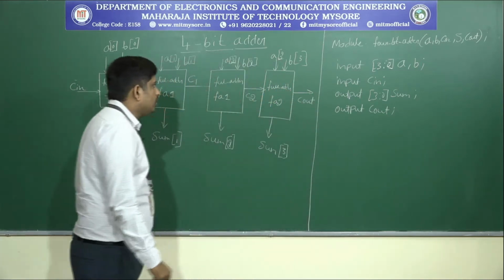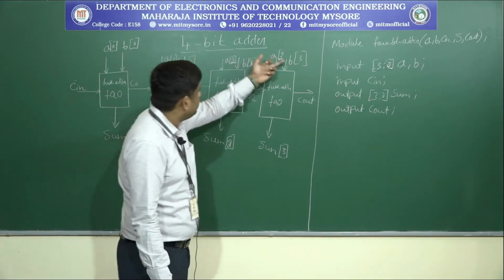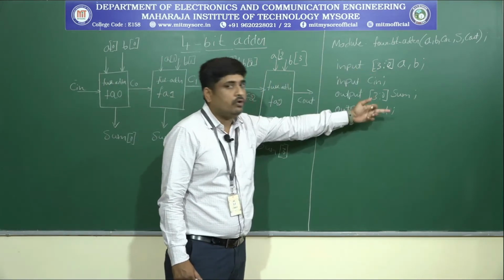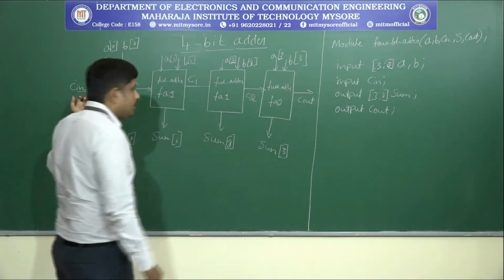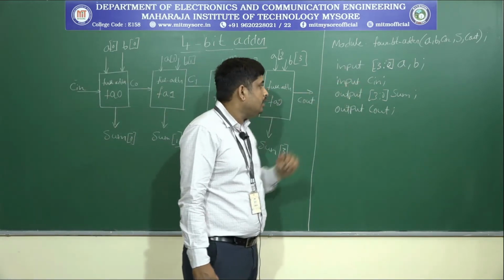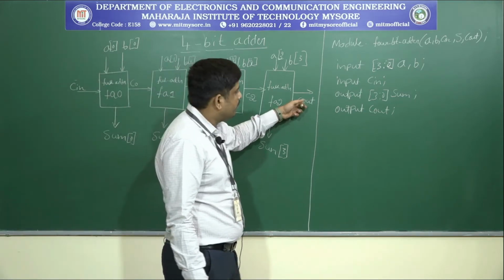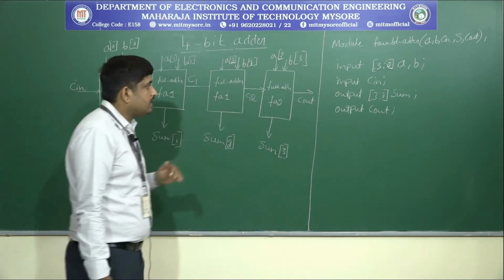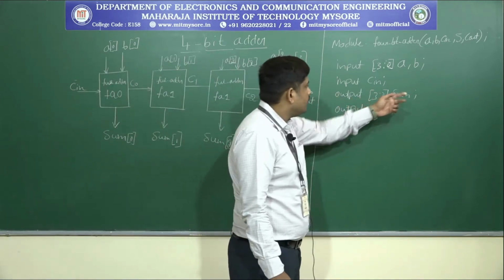Here the inputs A and B are both 4 bit, right? That's why A0, A1, A2, A3 and B0, B1, B2, B3. So that's why we indicate 3 down to 0, that is A0, A1, A2 and A3. Here Cin is only a single bit, right? So that's why we write it separately, that is input Cin. Then the outputs, there are two outputs. One output is a single bit, that is only 1 bit, which is why we have written output Cout. Then sum is a 4-bit output, right? So that's why we write output [3:0] sum.